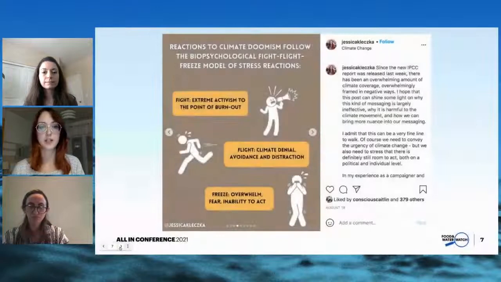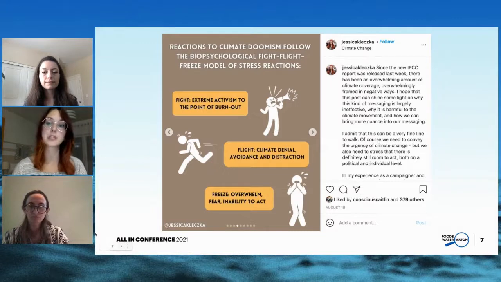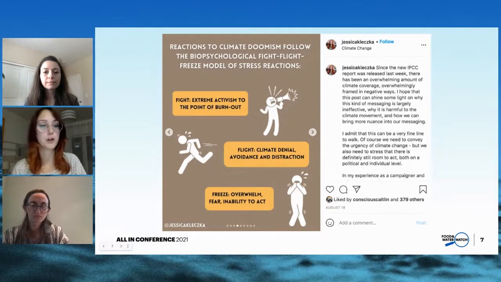And those reactions are categorized as fight, flight, and freeze reactions. When we engage in climate doomism, our audience is very likely to react in one of these three ways, or a combination of them, depending on their personal history, their current environmental factors, and even genetic factors. Here we can see some